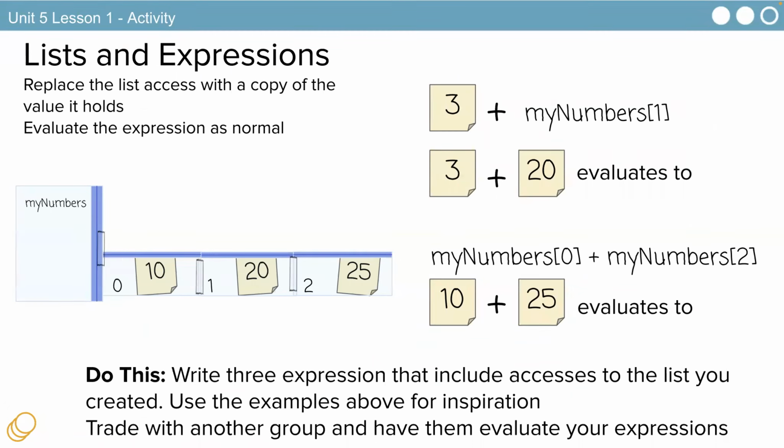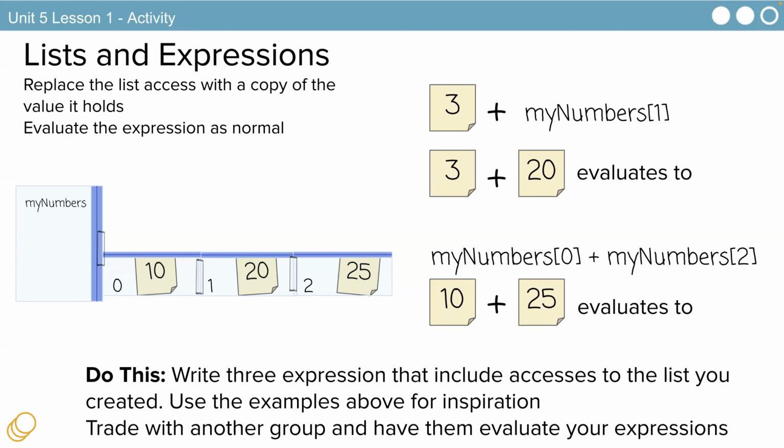All right, let's take it one step further: expressions. Just like we can add a number and a variable, we can add a number and a list element. So 3 plus myNumbers at index 1, which is 20, you just replace it and then do the math: 23.